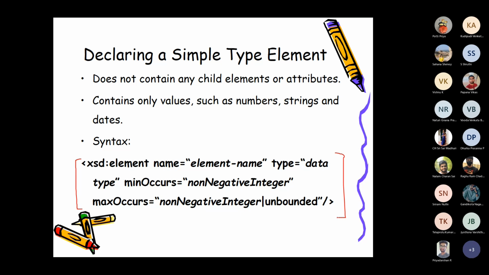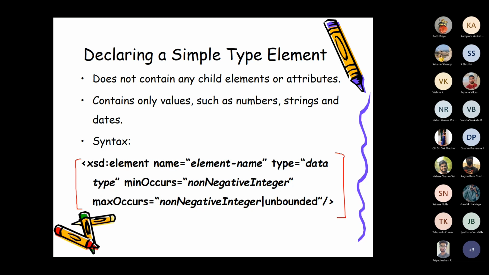That is one simple type element declaration. Now, what all have we discussed in this? We said every XSD definition starts with the keyword xsd. So angle bracket xsd colon, and whether I'm going to declare an element, attribute, or complex type will differ based on that. But here I am defining a simple type element, so xsd colon element. Now, when you are defining an element, the first thing you have to define is the name of the element.